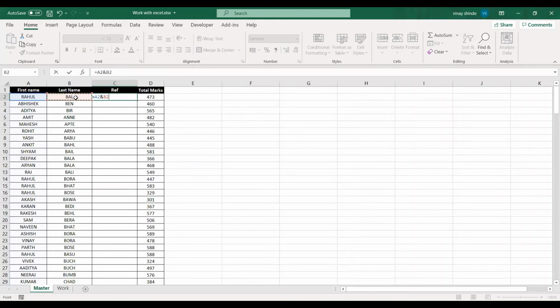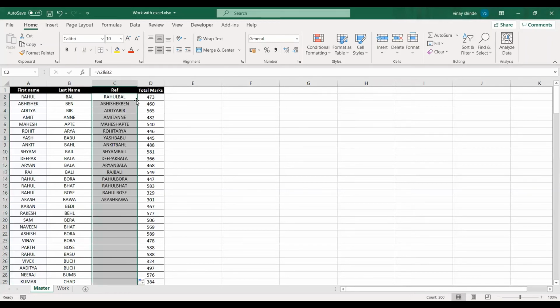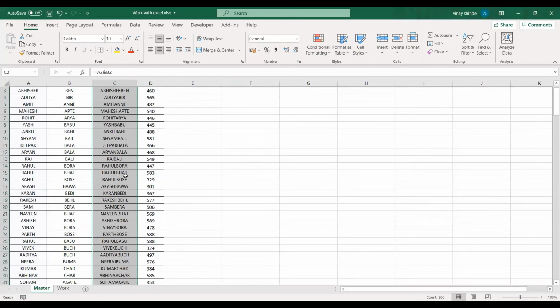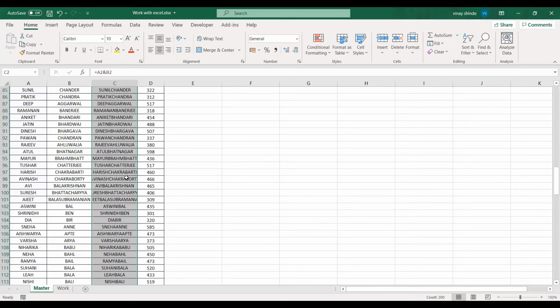This is called concatenation, or concatenate. Basically I'm clubbing first name and last name, and I'll say enter. So now this reference column is reading out as first name, last name without any space. And I'll again double click on this formula so that it drags down for all the corresponding rows.